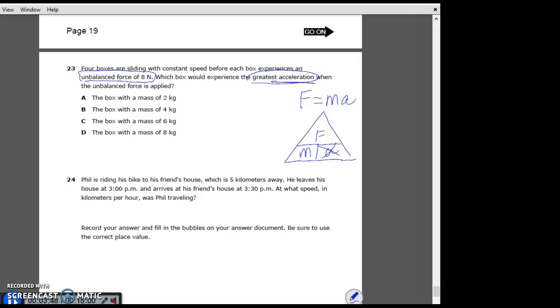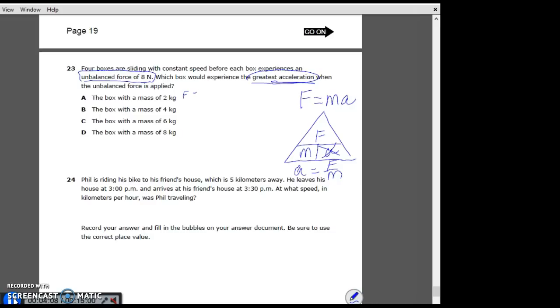So if we cover up the A, then our formula becomes A equals F divided by M. So now we just have to come over here and solve for the acceleration for each of these boxes to prove which one is going to have the greatest acceleration. The force is the same for all of them. It would be